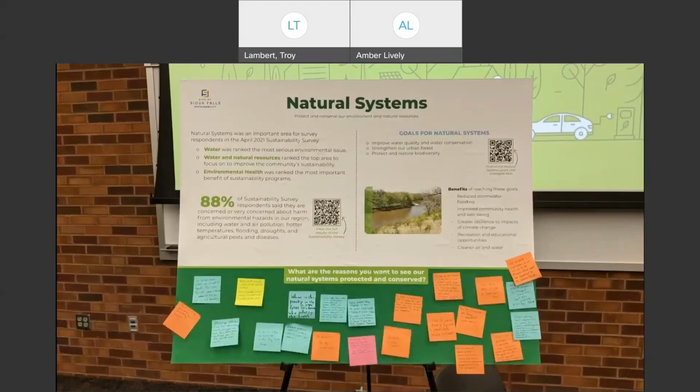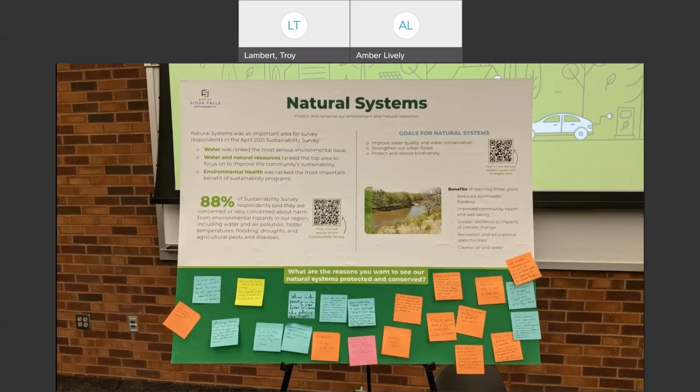And so we heard a lot of feedback from these two community engagement events, especially along the focus area of natural systems, particularly water. So when we talked with people about what they think of when they think about sustainability, we heard about our Big Sioux River a lot. People are concerned about it. People want us to work on it, to continue the forward momentum we have and to do even more.